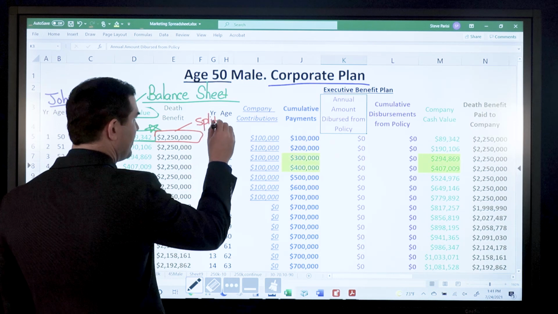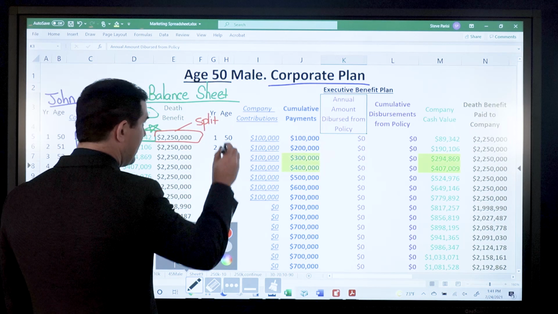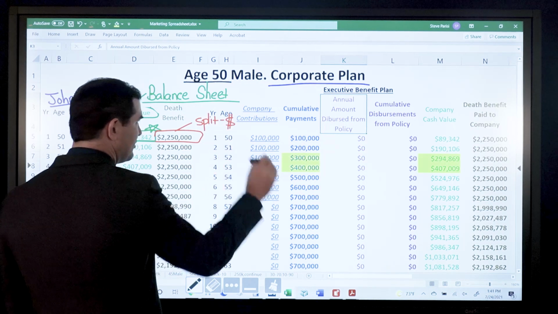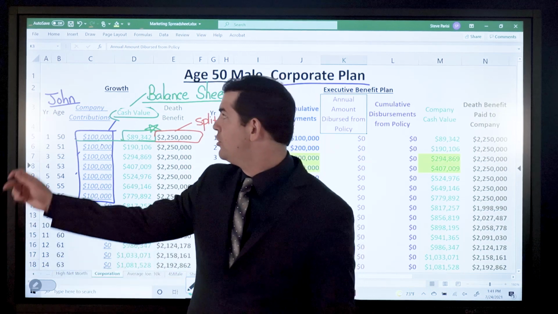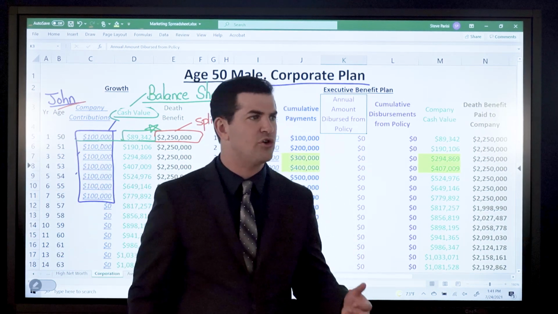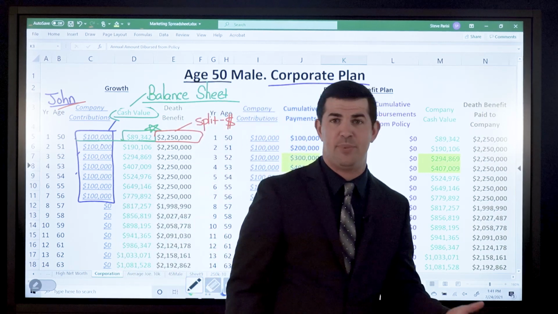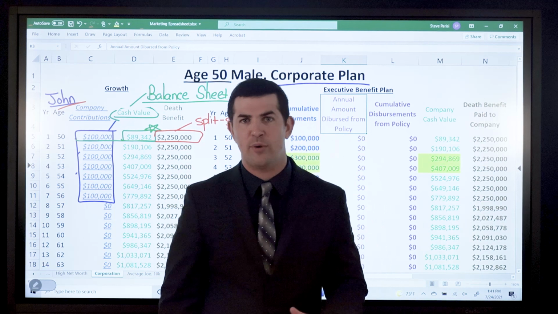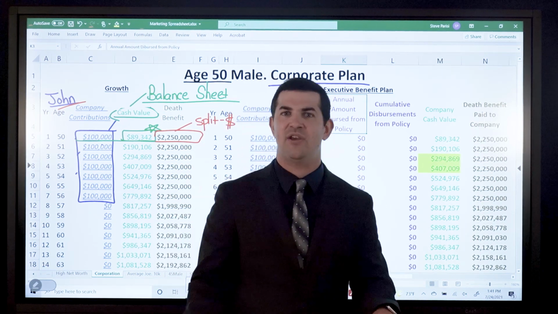Now, sometimes you will see what's called a split dollar plan incorporated. And what this entails is leaving or assigning a portion of the death benefit to John's family members. A lot of companies like to do that, small and large. A lot of small businesses prefer that strategy. Big corporations do too. The bank we work with that purchased two BOLI policies, they have that set up because